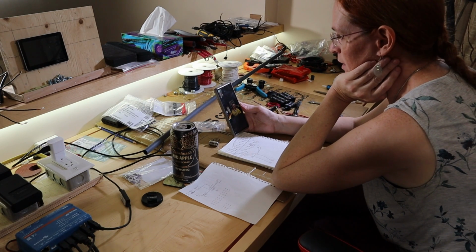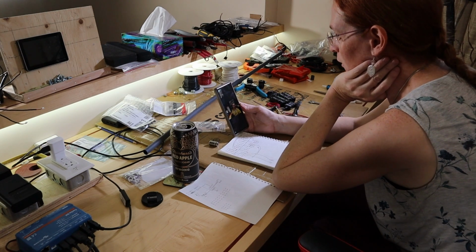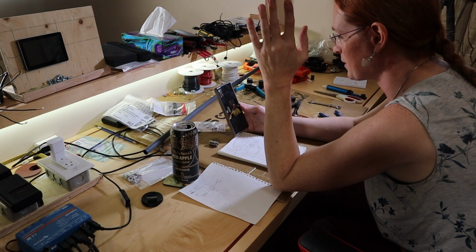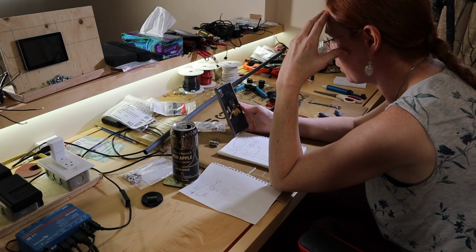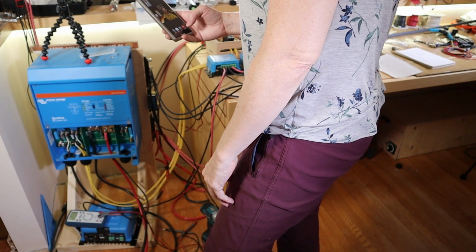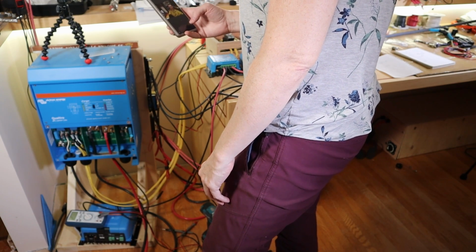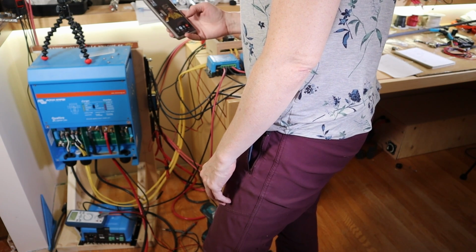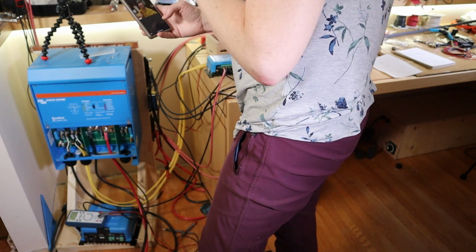I think the main thing that scared me was when I saw the dead short on the Victron Quattro. I'm like, that's $4,000. No. I'm sure. I know. I know now it's okay, but I was sitting here looking at all this equipment that I have spent so much money on, and I'm like, what did I just destroy? Thank you. This is all part of the learning experience. Don't get yourself down about it. Oh, I am down, but I know I won't stay down. Well, I feel better that my circuit wasn't bad. No, I messed it up, and that's good, because...